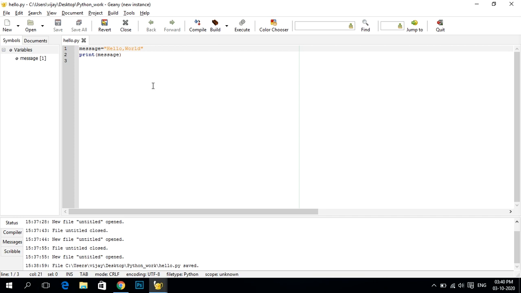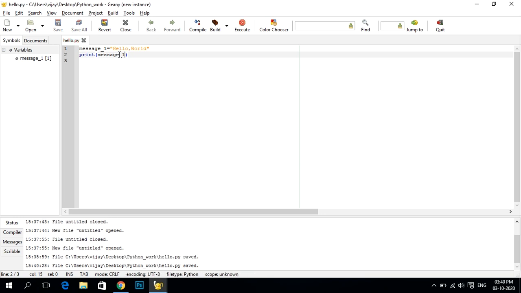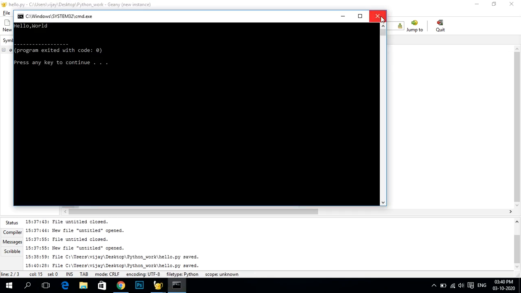Variable names can contain only letters, numbers and underscores. They can start with a letter or an underscore, but not with a number. For instance, you can write message1 here, and this will work. Let's execute with F5. It will print.